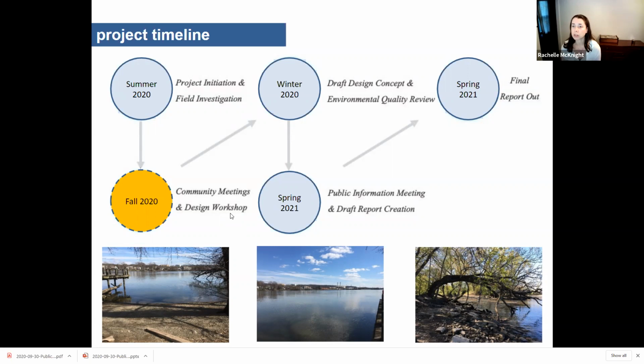So as we move into the winter this year, we're going to be going through draft design concept. This is a study, so it will be conceptual design. We're not going to go through any sort of design documents or construction documents, anything like that, but more of a planning phase design. And then in the spring of 2021, we're hoping to have another public engagement session to review these ideas once again with the public to make sure that we've captured everything that people told us about and that we are serving the community the best way that we possibly can. And then again in spring 2021, we plan to have that final report published and available for use by the city.